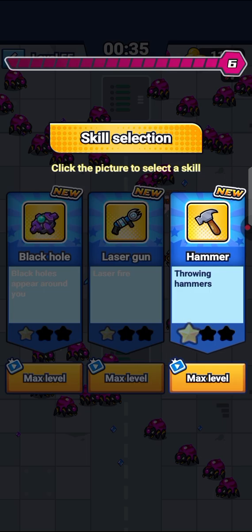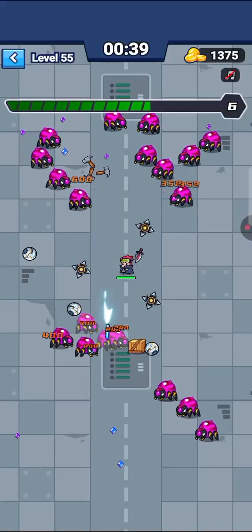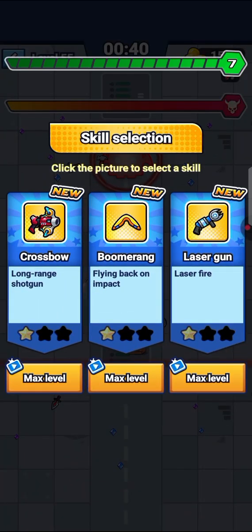So here now let's choose throwing hammers. Let's choose throwing hammers here. I'm just giving you guys expo to play this game. All right, I'm just giving you guys balls incoming. All right. They will give us another here. Let's select